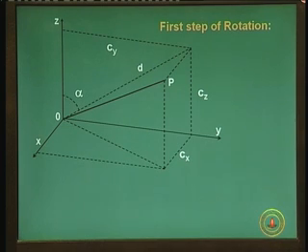So, what does this mean? Let us look at this figure again. OP is the line. You can see a 3D diagram here. Although you are seeing it on a screen which is 2D, you have to visualize this as a 3D diagram. You have to visualize x, y and z, the 3 perpendicular orthogonal coordinate axes. You can imagine x is pointing towards you, y and z are, let us say, the screen vertical and horizontal coordinates respectively, and OP is an arbitrary obliquely oriented axis about which we actually have to rotate.